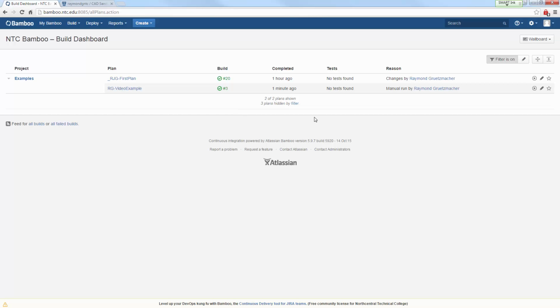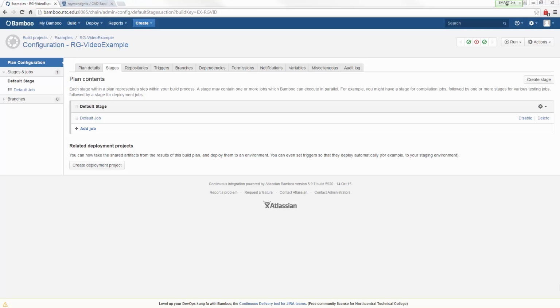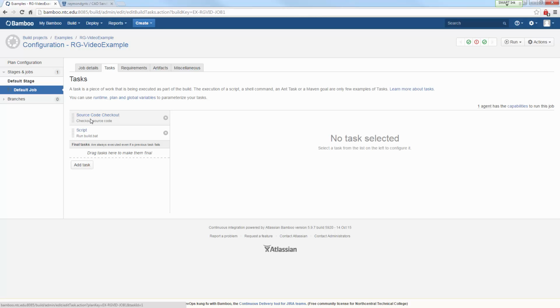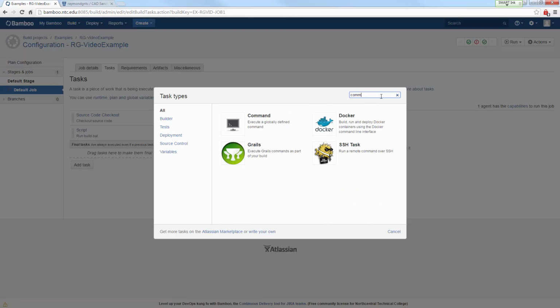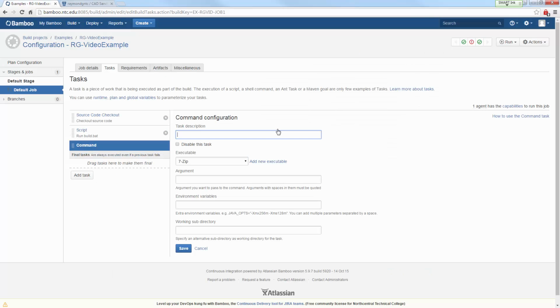So next we're going to be looking at adding one more task to our build plan and also looking at artifacts. So once again, I'm going to go into configure my build plan, and I'm going to visit my default job, and I'm going to be adding one more task. So here I'm going to select add task, and for this task I'm going to be adding the type of command. So we'll go ahead and select command,